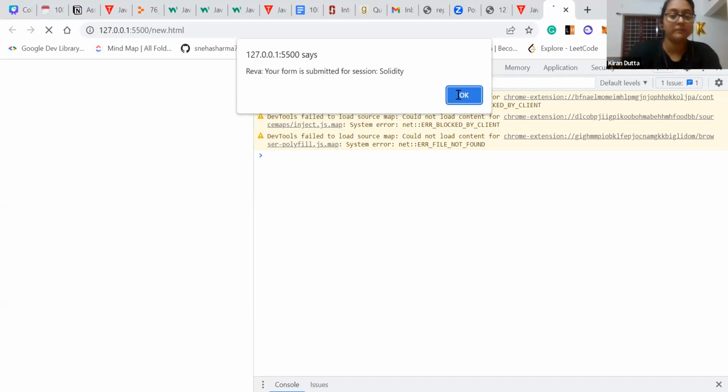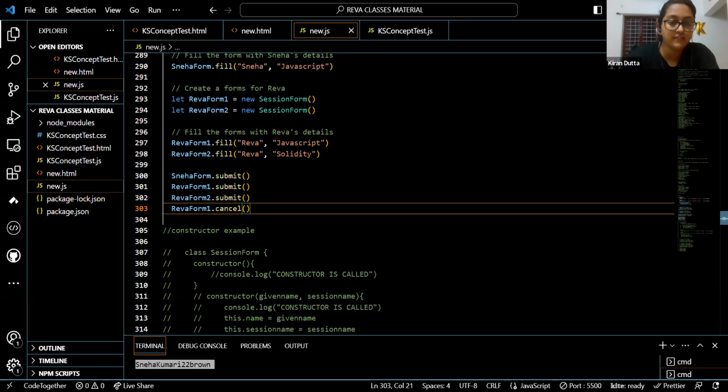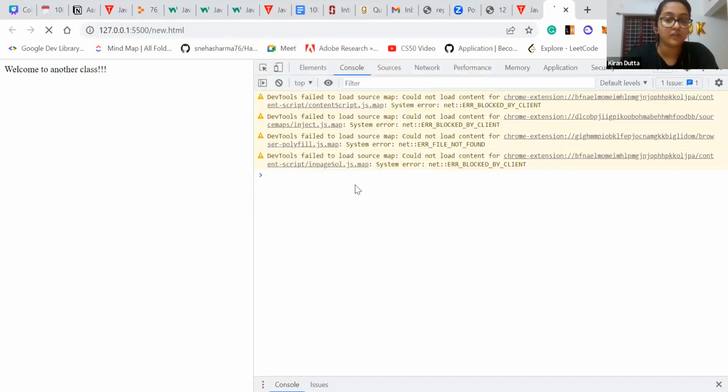Now, if you remember, we called Sneha form.submit once, Reva form 1.submit and form 2.submit, but we cancelled with Reva form 1.cancel. So once you click on this OK, it will